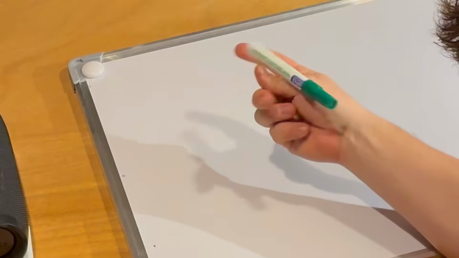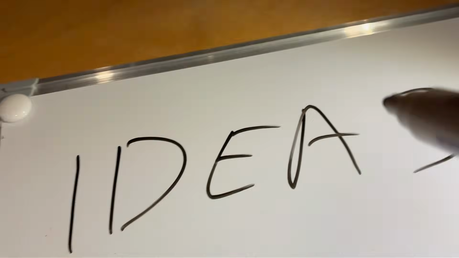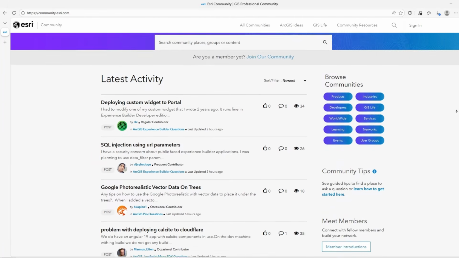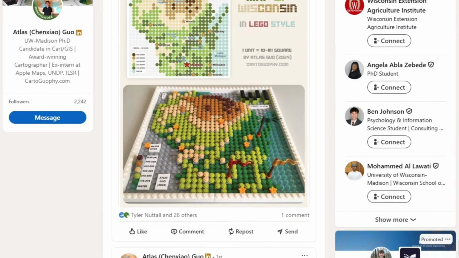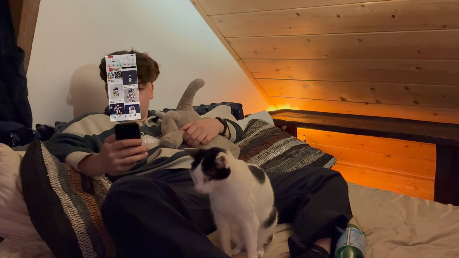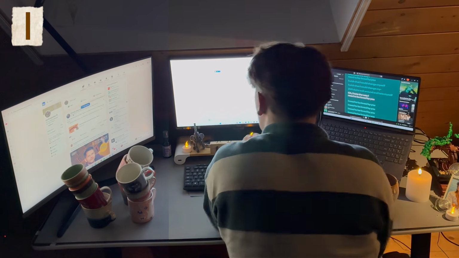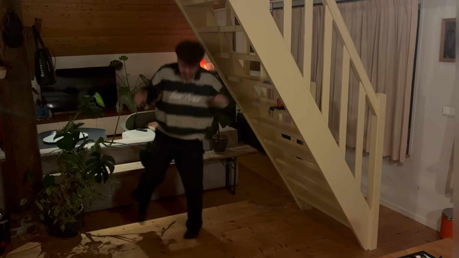Pull out a whiteboard, grab a marker, and just spill my thoughts everywhere. With enough curiosity and a willingness to look for inspiration in completely random places, which might mean doom scrolling through forums, or checking what people are building on LinkedIn, or going down a Pinterest rabbit hole at midnight. Spending literally all the free time I have, breaking things apart, piecing things together. Coffee, refill, repeat. I love a coffee. And every now and then, taking a short break to reset, throw on some music, and just boogie for a minute. Dude, if I'm genuinely interested in a concept, I will absolutely not stop looking until I find a solution. And then, boom,